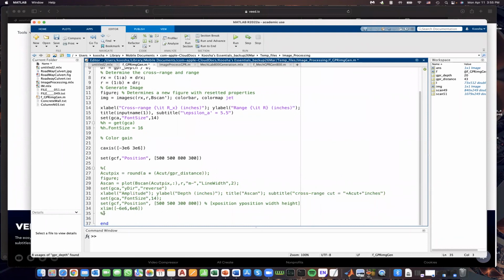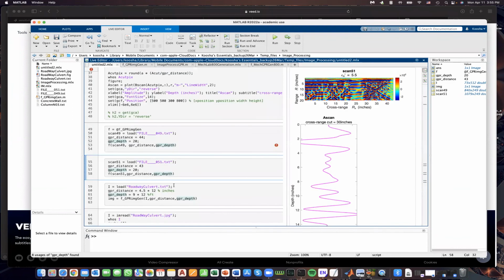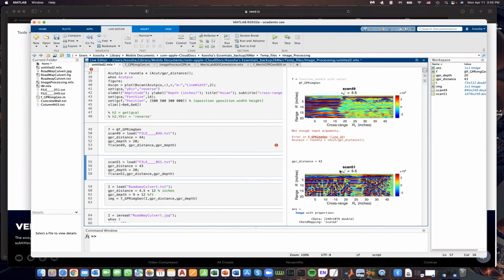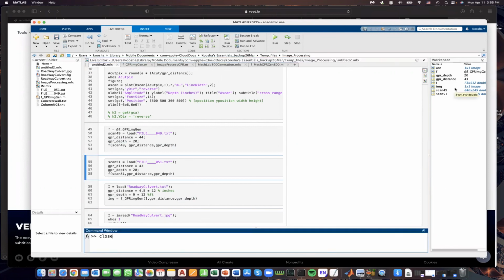You can either use these signs like this, or you can simply use the button here to comment it out. Now, did we comment it out? Yes, we did. We also removed the extra output. Now it's just going to give us the images. Again, if you want to reset everything, clear your workspace, you type